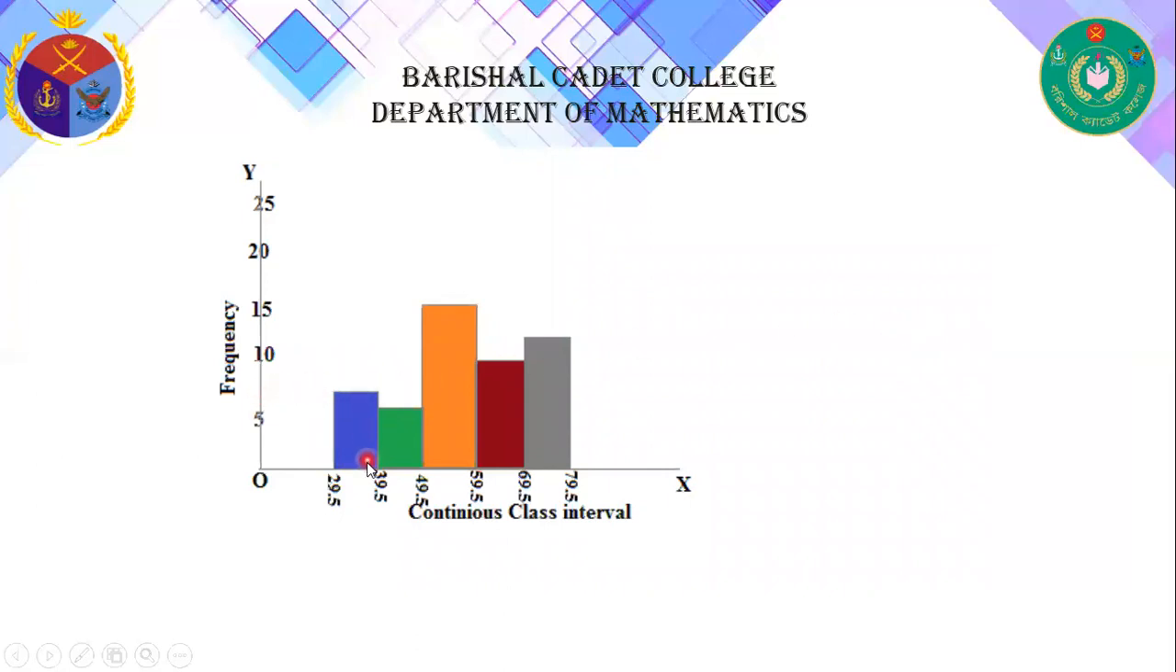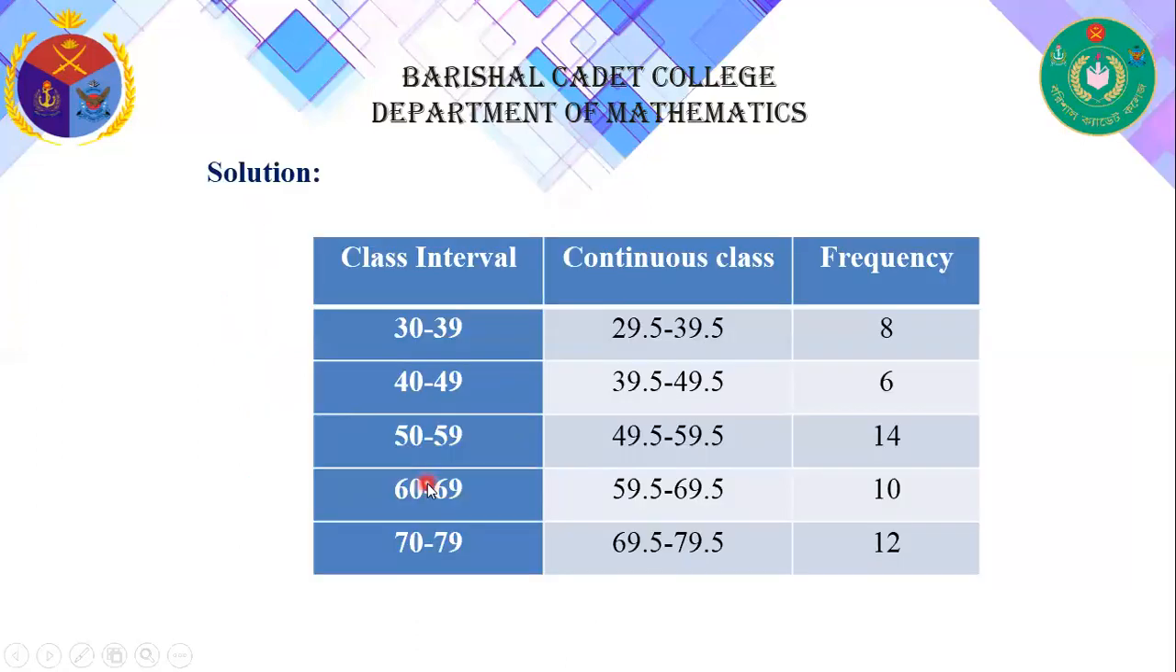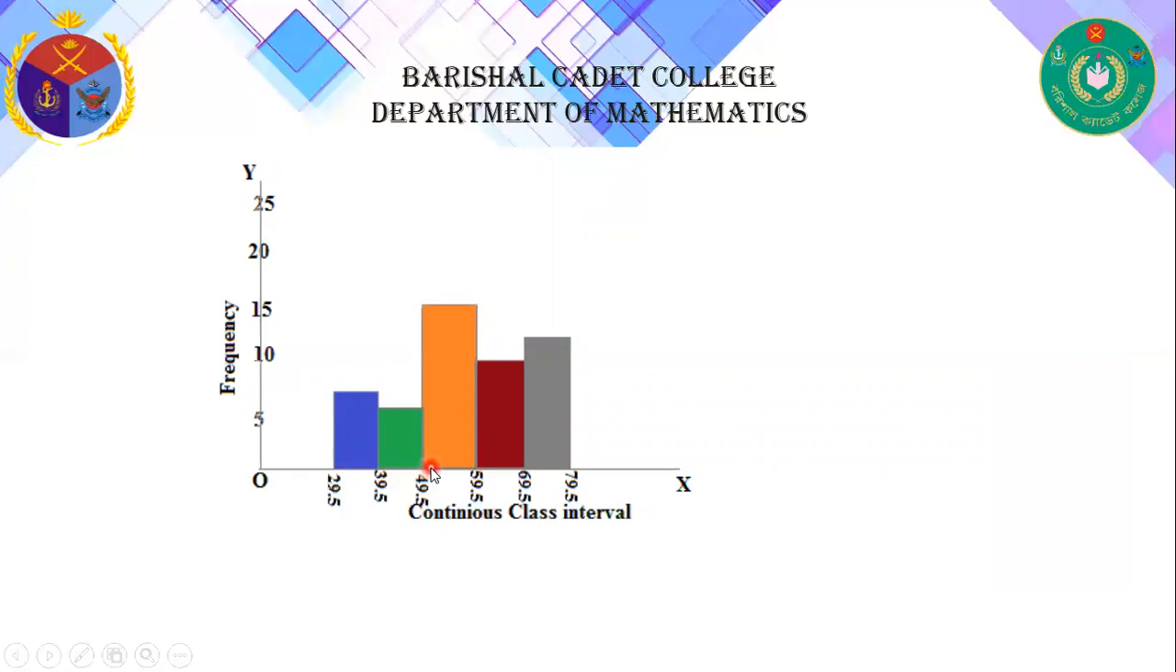Okay, and 39.5 to 49.5, here the frequency is 6. So 39.5 to 49.5, the frequency is 6. Similarly, we draw every respective class, the class interval 49.5 and 59.5, their frequency is 15. Similarly, we draw